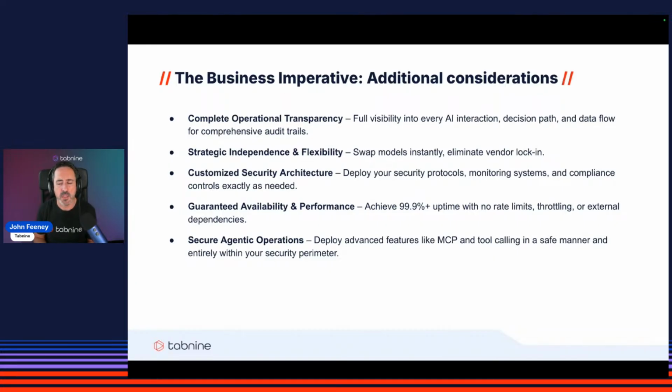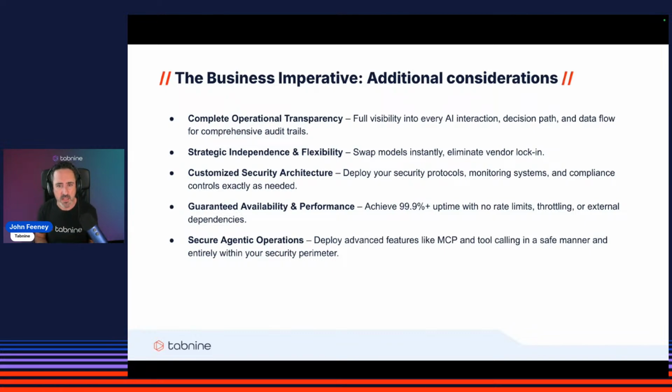Now, just to round this off, there's a couple of other points that I do want to touch on as part of the business need side of things. So there is operational transparency. It's important in some cases to have complete visibility into every aspect of your AI operations. So, every prompt, every response, every decision. Sometimes you want that to be accessible for audit, for inspection. And it's not just about compliance. It's not about just satisfying regulatory bodies, but sometimes it's about just understanding how AI is actually being used in your organization and then being able to optimize that usage.